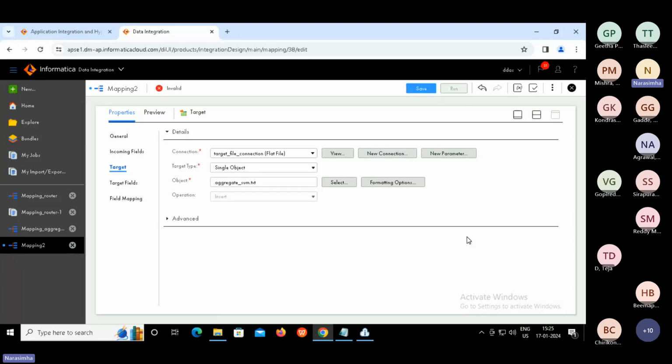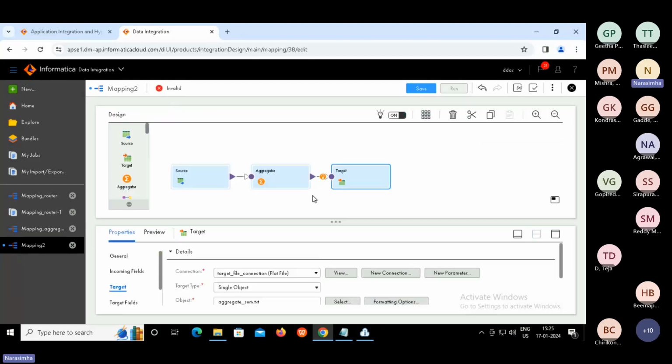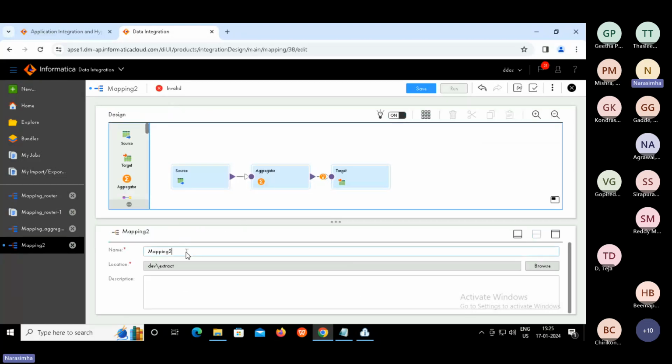A senior technical person will prepare a coding guidelines document, which means the whole team should follow the similar coding guidelines. In this case, mapping name starts with mapping followed by functionality.